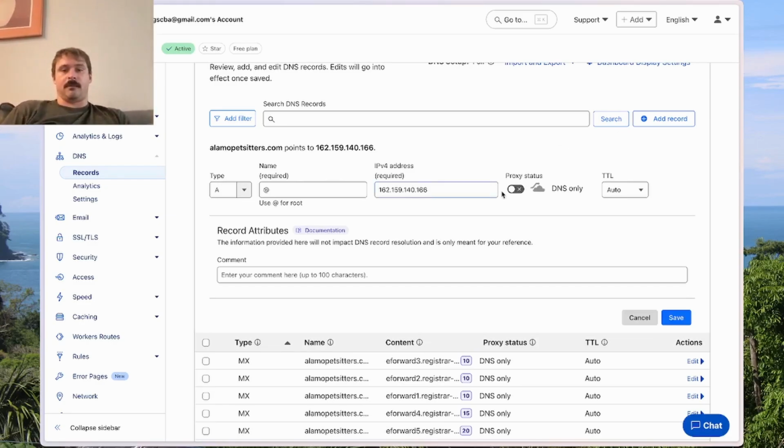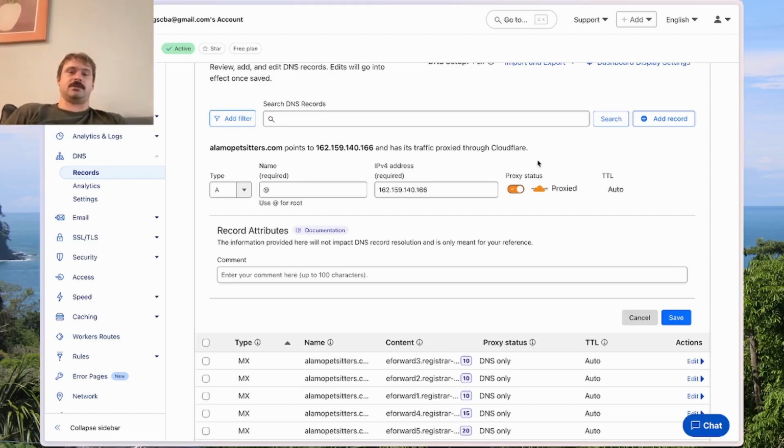It'll be a problem for your visitors. So turn this off if you can manage. If you're using Cloudflare for SSL, you're probably not watching this video, but if you are, turn this on. That's the only way that the SSL certificate will resolve. Otherwise, leave that off. So we're going to save this,